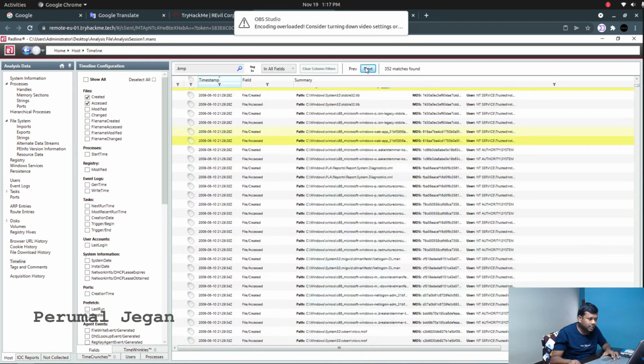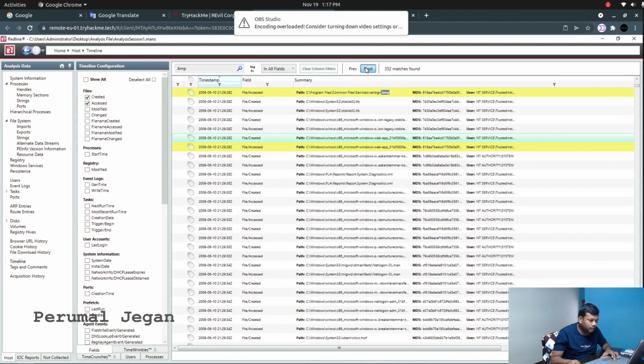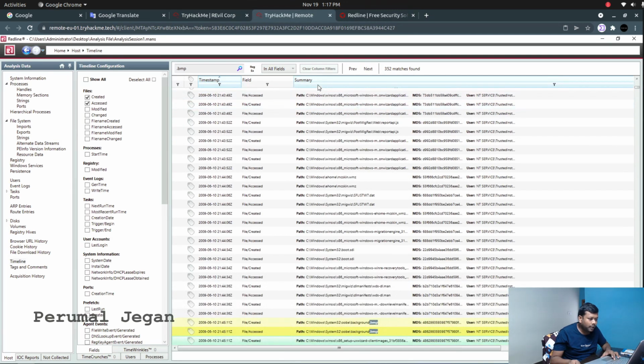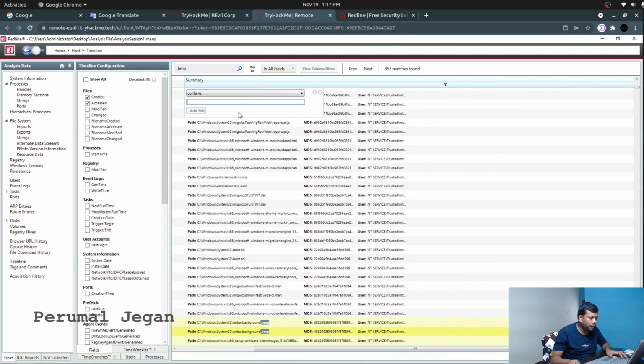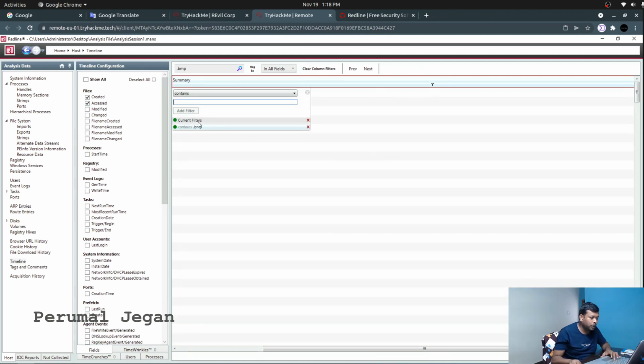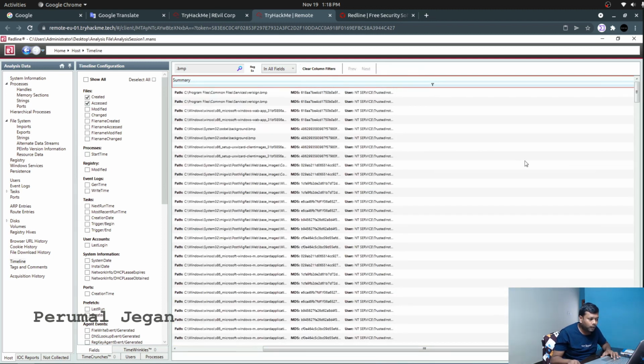Better, in the summary column, we can enable the filter with .bmp. Here I can enable .bmp. Then it will filter those particular files alone. Now it is showing.